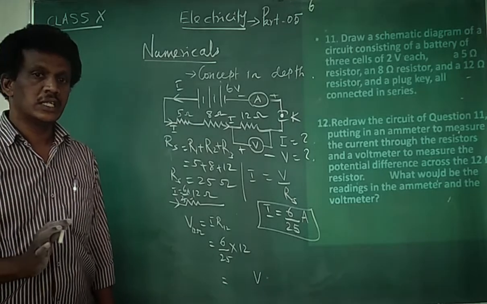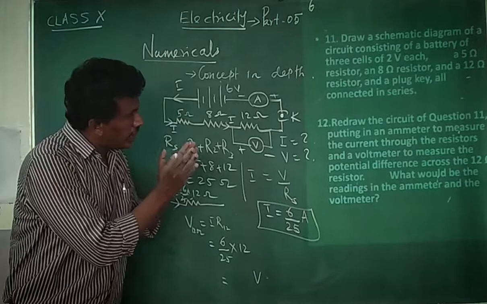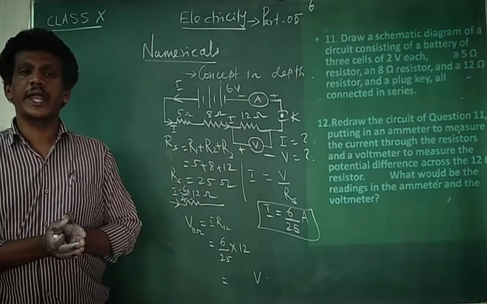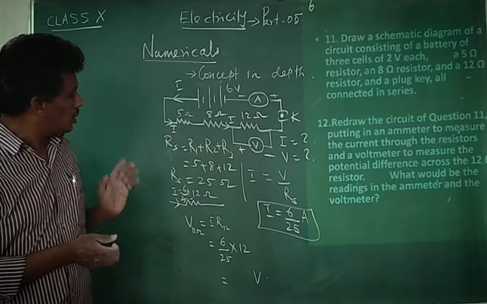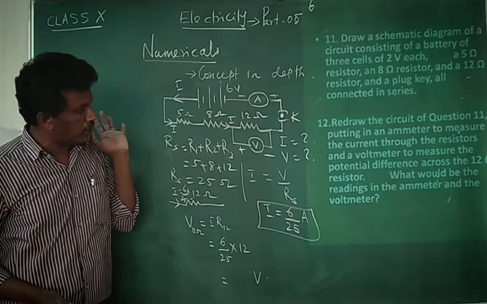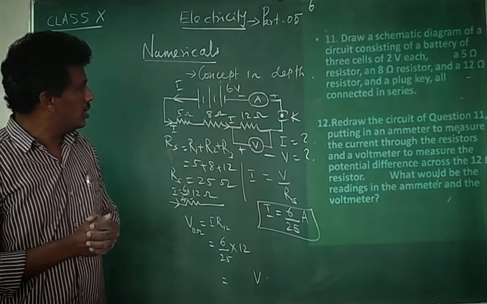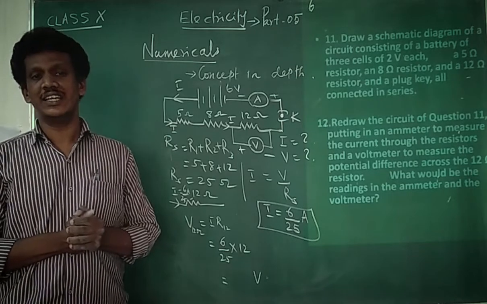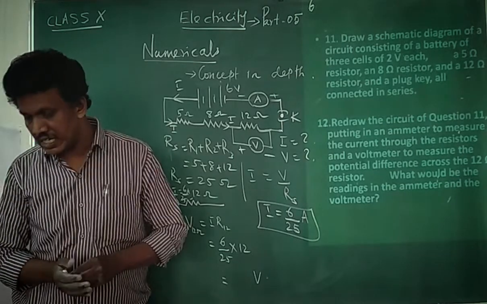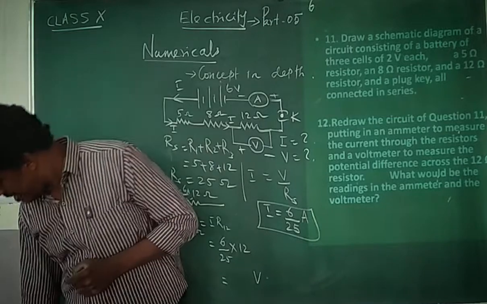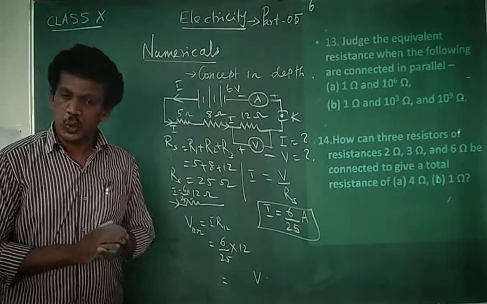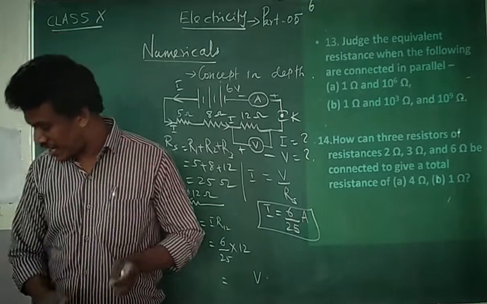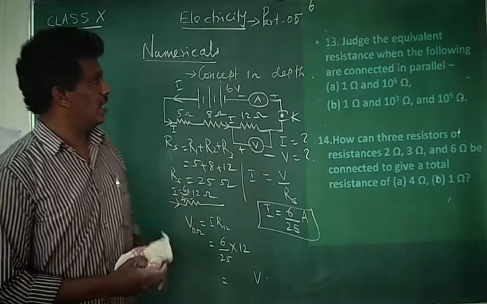Is it clear? So just to understand the question, complete the circuit diagram, and see which one is in series and which one is in parallel. So write all the things properly so that you can get the concept clearly. Once the concept is clear, you can do the question easily. So numerical doesn't mean that you use the formula and apply. No. You have to understand the concept in more detail.